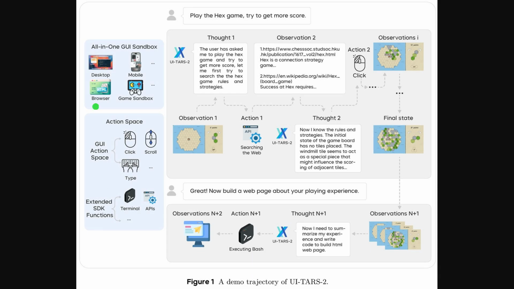Figure 1 shows a full demo of the agent handling a long task, which means it reasons, acts, and checks results across many steps to finish a goal. The graphic presents a play hex request, then a loop of thoughts, actions like searching the web, and observations that guide the next move. The left panel lists the sandbox and action space, including click, scroll, type, and tool access through a software development kit. The bottom sequence illustrates a follow-up task to create a web page, so the workflow extends beyond the game using